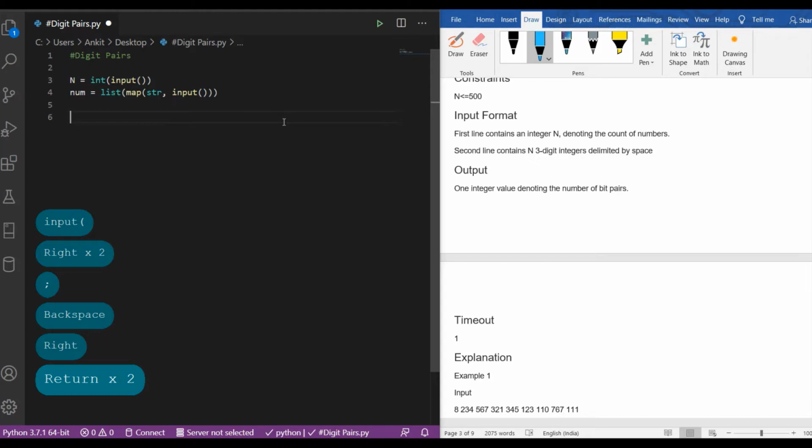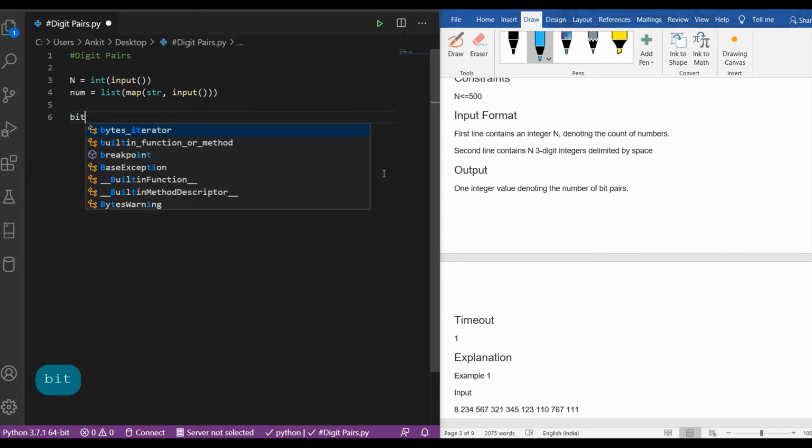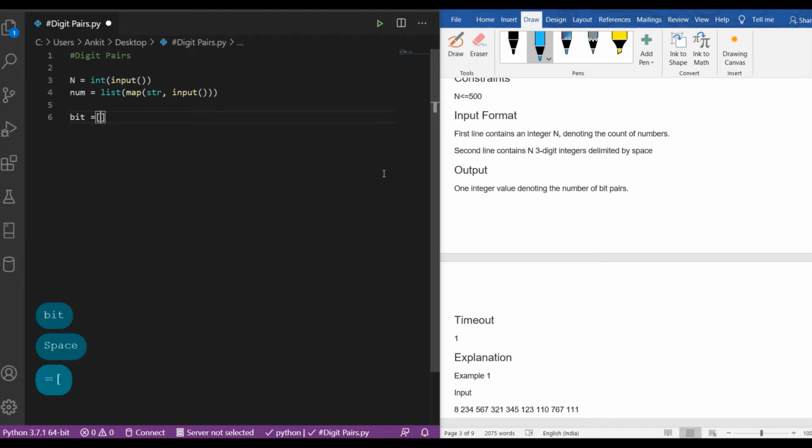So with this we get the inputs, and after that we have to calculate the bit score. So let's say bit is an empty list which will contain all the bit scores of each 3 digit number.